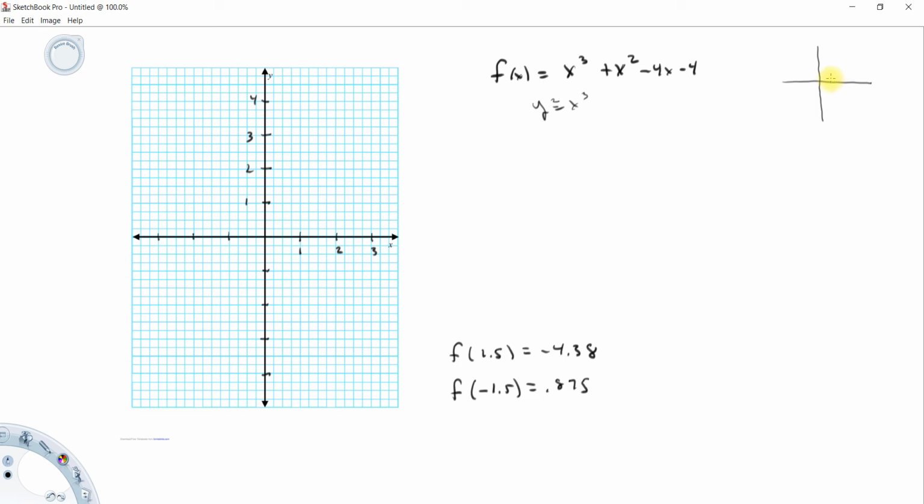So what that means is, in the middle region here, there's detail to fill in, but ultimately this function has to end up going this way and this way, something like that. All right, now